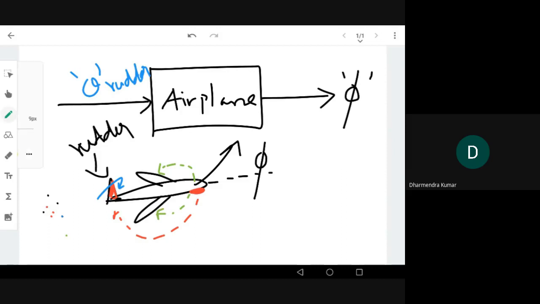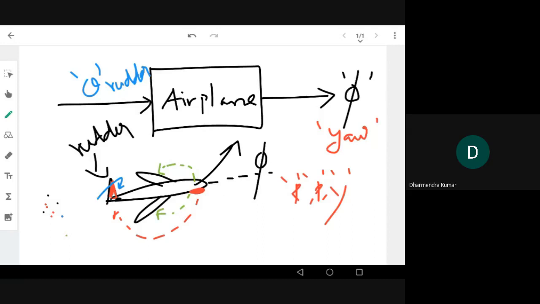Usually in scientific terminology, we call it roll, pitch, and yaw. If you see the accelerometer or even gyroscope, you can see there are different angular measurements like roll, pitch, and yaw. So this is your output. Okay, so this is a simple model. I'm trying to give you some examples of the control systems which we are trying to model. Now for the airplane, the input is your rudder. Based on the change in the angle of the rudder, the angle turned by the airplane is going to change.